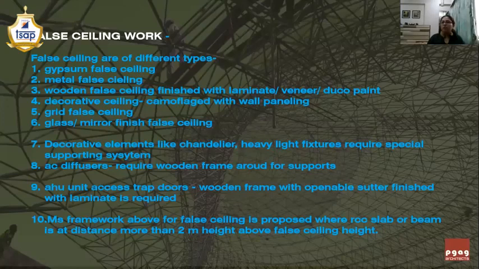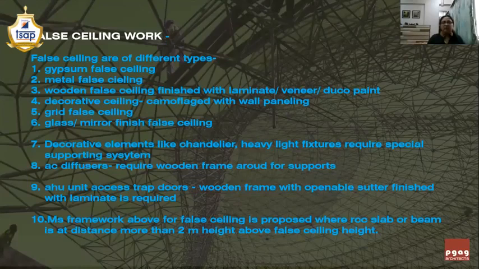In ceiling also and in wall paneling also, you can propose some stainless steel or any T profile, as explained to you in the last webinar. You can propose a T profile or C profile or maybe a square profile as a finishing material in between two glass sizes, in between two glass pieces.